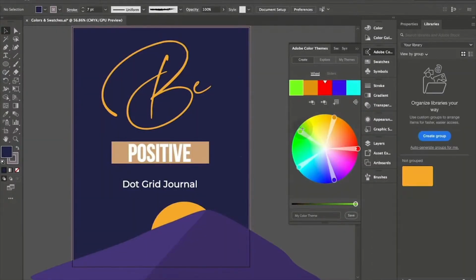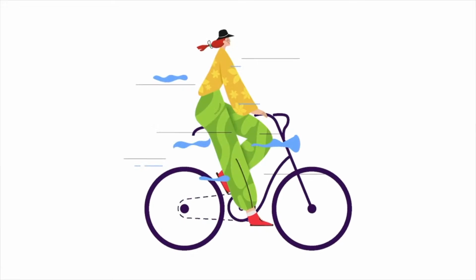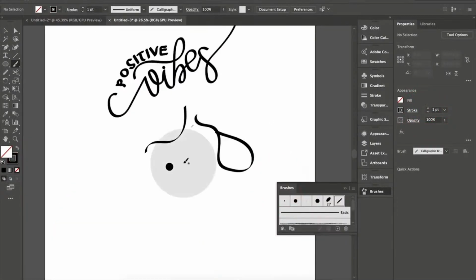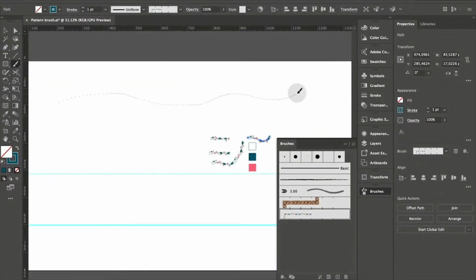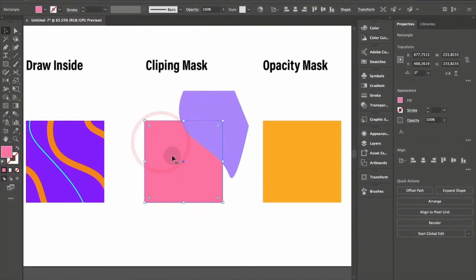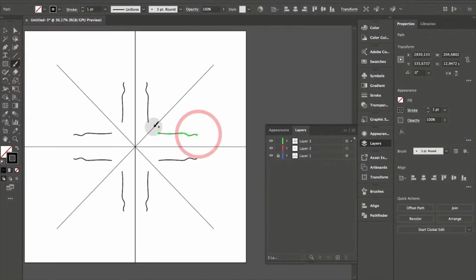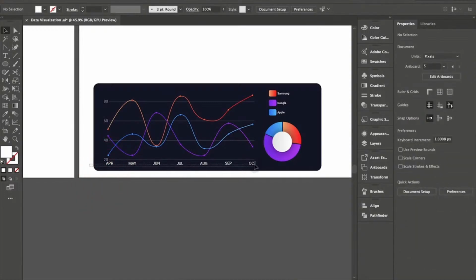Everything about appearance of the object, and by the end, we will create this. Everything about drawing, we will be creating these. Everything about brushes, and we will be creating these brushes. Everything about type tool and typography, and by the end we will be creating these. We will master masking and the type of masks. We will cover symmetrical drawing, blend tool for 3D strokes and hair effect, data visualization,